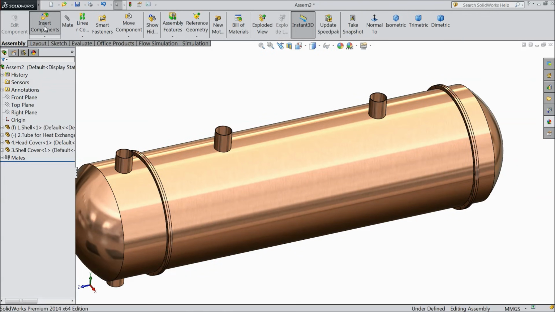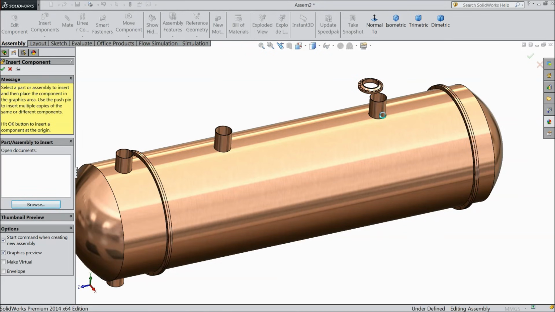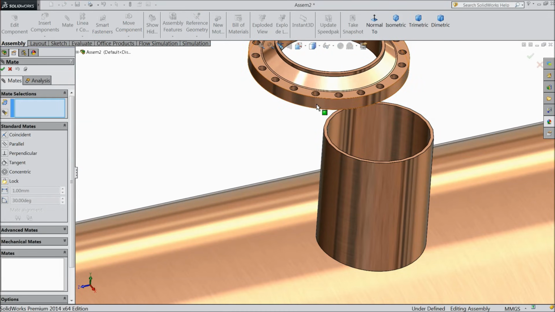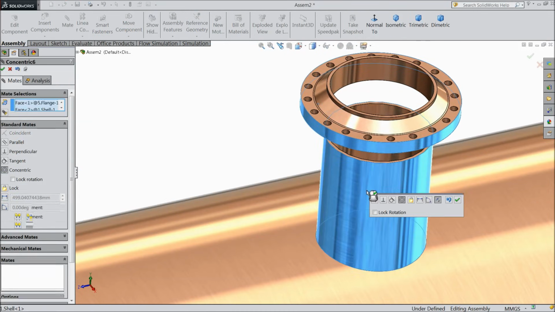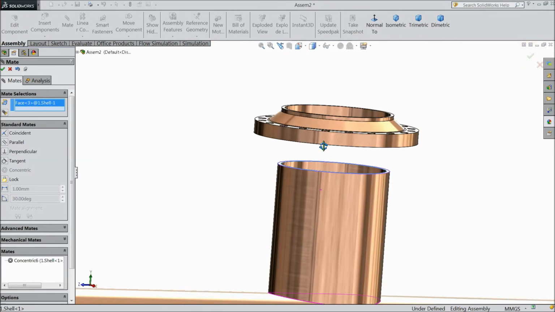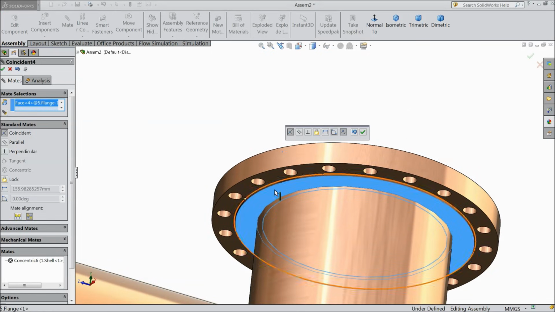Now we will insert our next component, flanges. Now make this outer face and this face, and make relation concentric. Now select this face and this face.